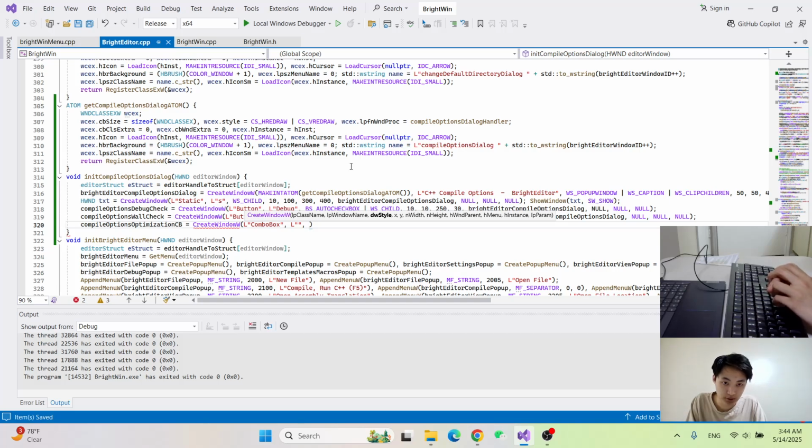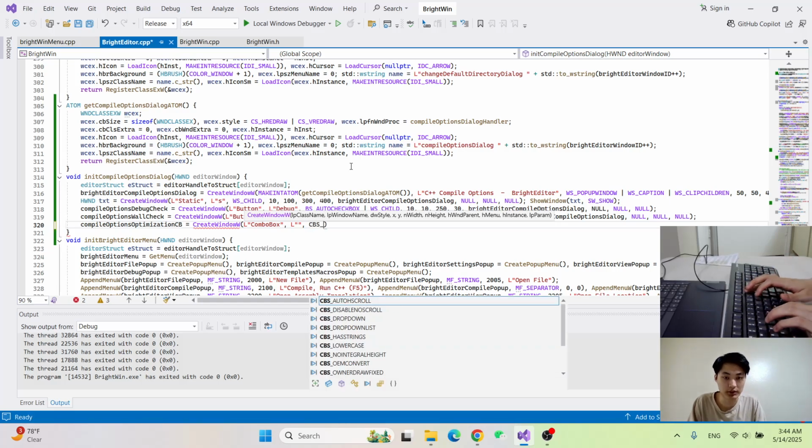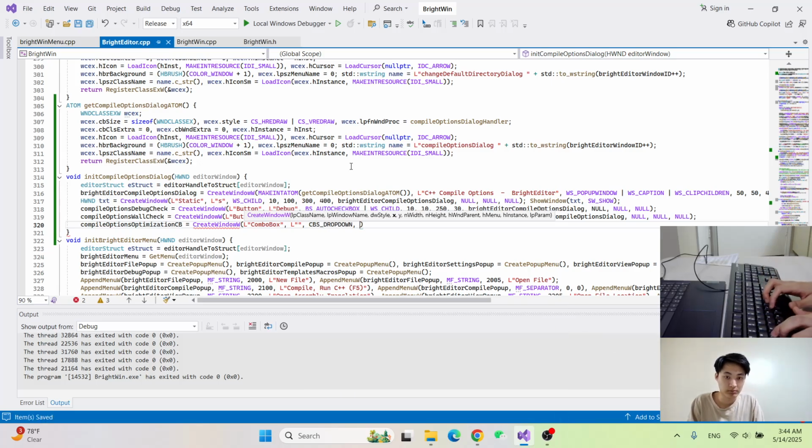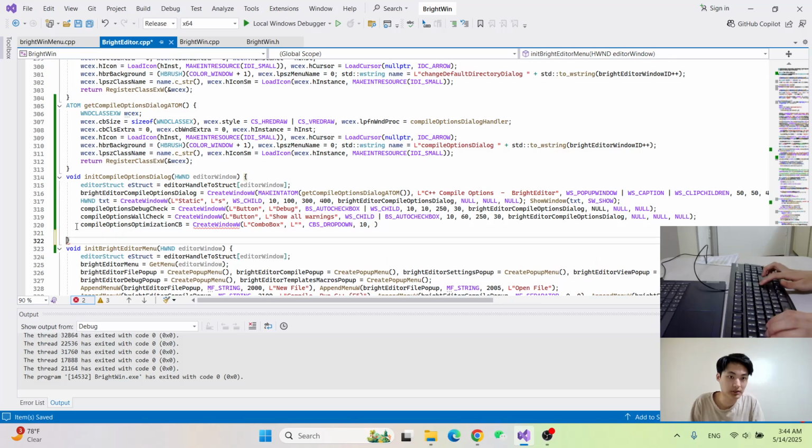That's annoying, but oh well. That shouldn't be too hard. Combo box style. Drop down, not drop down list. They don't have to search it. X, let's do 10. Y, let's do. Actually, I think this is where the text comes in. Let's do